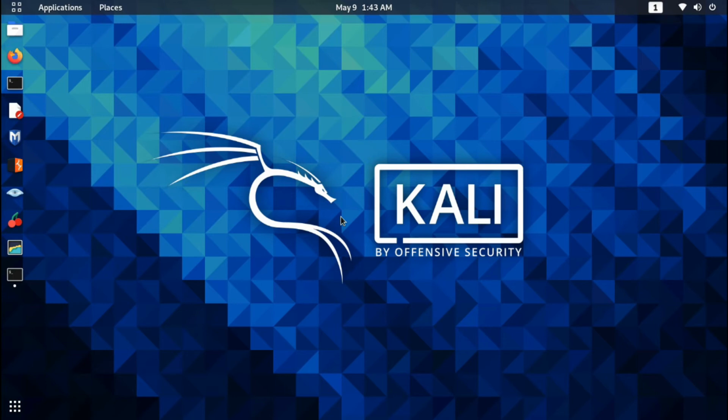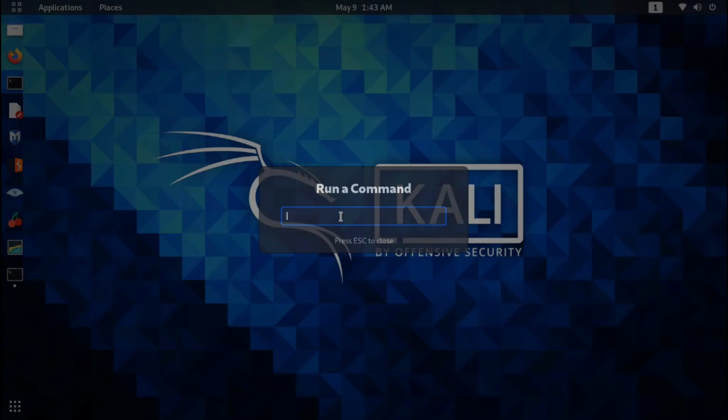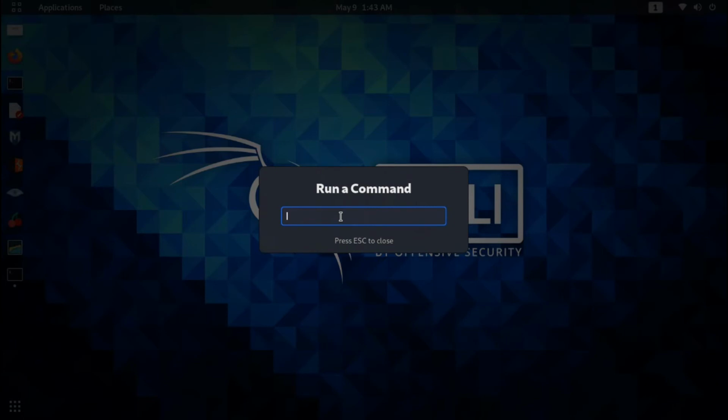Now we have only one problem left. After all the update, upgrade and reboots, the GNOME Terminal program is not starting. This is a common problem. No need to worry about that. Let's face it and resolve it in simple steps. First thing you need to do is press Alt and F2 to launch the command window.